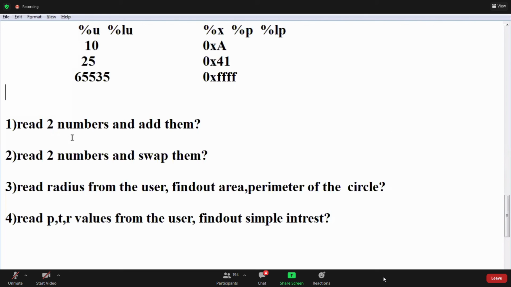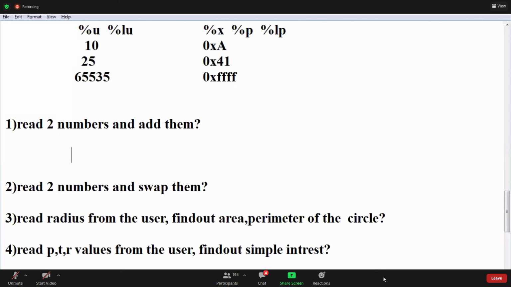Okay, total reading should also be with pointers. Normally how do we write it? Scanf percentile address of a or something, address of x. Don't use address of x here. Now, we store the address of x, so use p. Use like that. Okay, 2 numbers, how to read 2 numbers: address of a and address of b. Normally we use address of a, address of b. Don't use address of a, address of b. Address of a, 1 pointer we take, no, p. Address of b we take another pointer, no, q. Use like that. Scanf percentile p comma q, not address of a, address of b. Using like that, write the program. Clear? Yeah, guys.